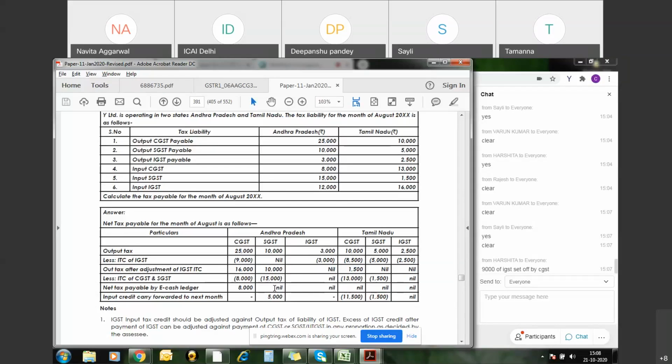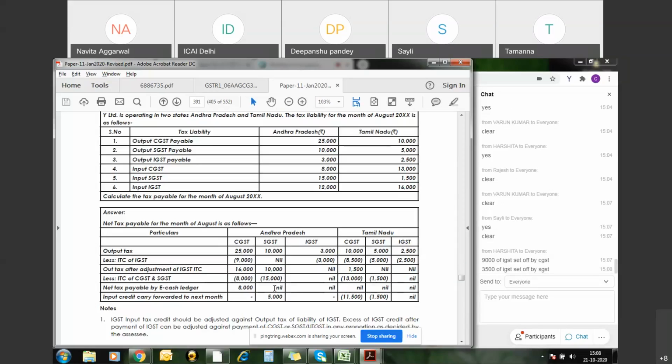So similarly in the question you have to see, okay, find SGST by setting off through IGST. If SGST is getting exhausted completely, do it. Place the balance under the CGST column. Now from this you come to know what is the balance liability or ITC available. Liability under CGST is 1,500, whereas there is no liability under SGST, or ITC available. No, sorry, there is no liability under IGST or SGST.